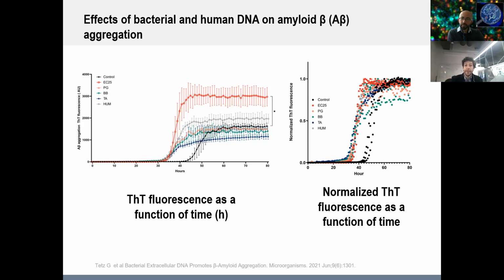And we found the DNA of different bacteria differently affected A beta aggregation. The maximum pro-aggregation effects were noted for DNA from E. coli, while DNA from other bacteria had not affected A beta misfolding. Right now we're looking at the left-hand side. On the right-hand side, we normalized fibrillation curves to study the lag phase. You can see that any bacteria, even human DNA, shortened the lag phase, meaning that somehow they also triggered or were implicated in A beta protein misfolding. So we can see that the lag phase is shorter on the right-hand side.